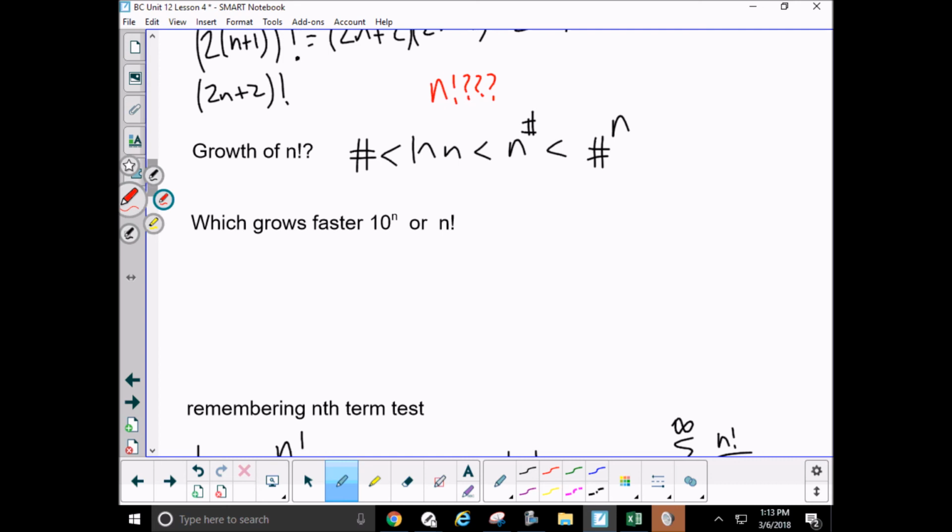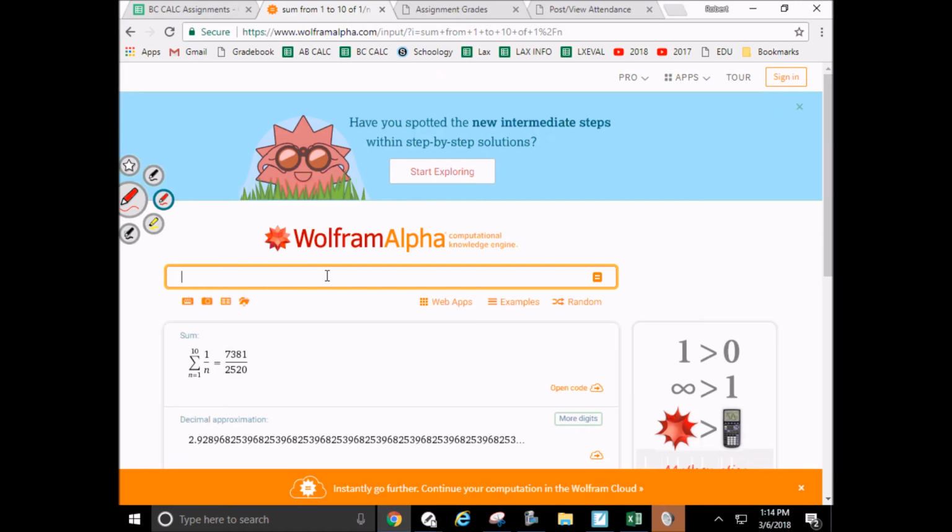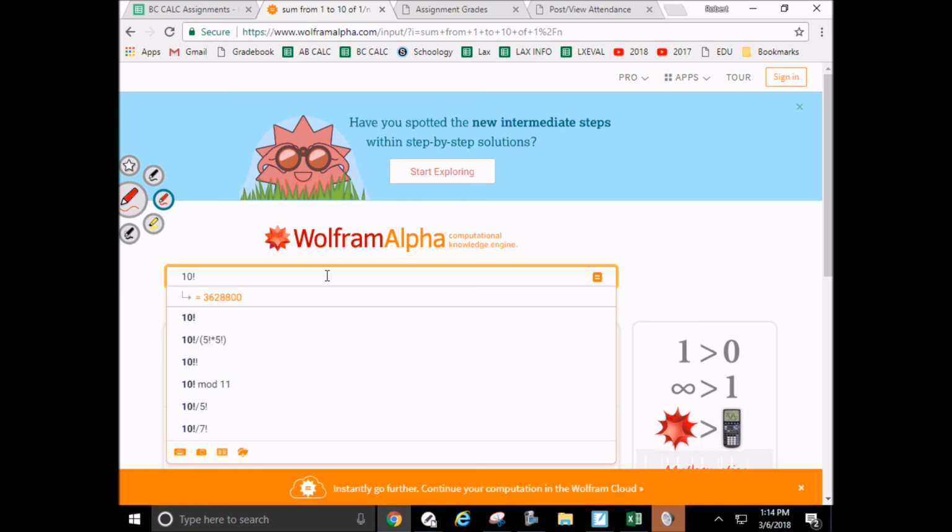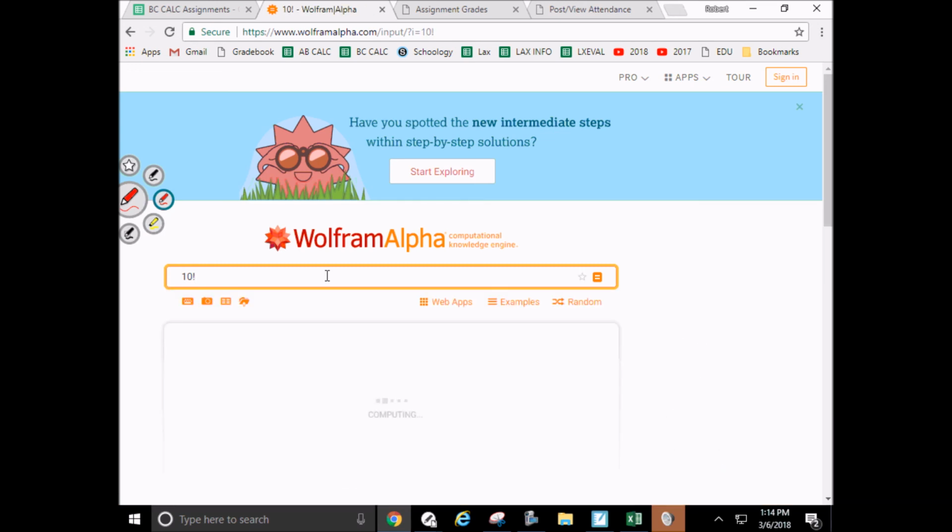All right, did anybody say it was the slowest growing function? All right, good. Did anybody say it was the fastest growing function? You guys are correct. Darn it! All right, well, I mean, you think about like 10 factorial, and you get